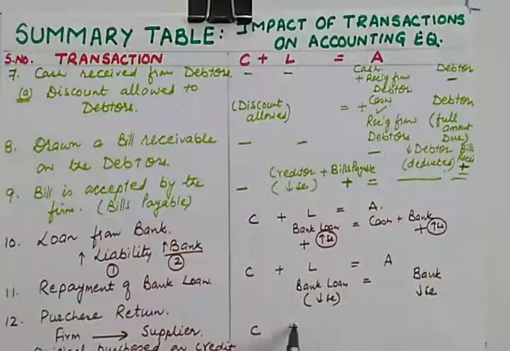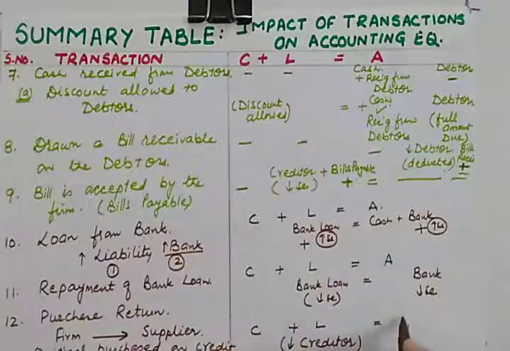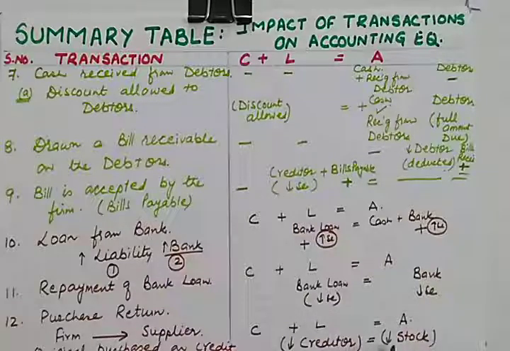No change in C. In case of liabilities, this will reduce your creditor. So it will be deducted from the creditors, number one, and number two, on the asset side your stock will also reduce. So this will be done on both the sides, deducted from liabilities under creditors and deducted from stock also. So let us do a transaction which is based on this.